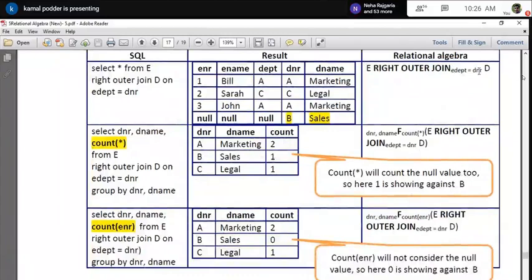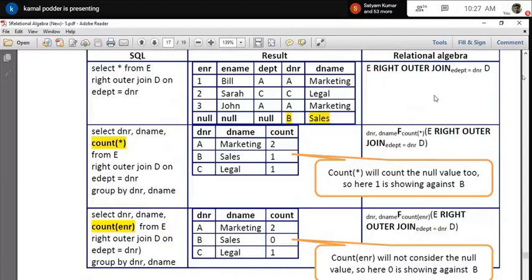This is the joining condition. What does right outer join mean? If you consider this operation, D is the right side and E is the left side. If you want all the records from D to participate in the join, then you should write right outer join. If you want all the records from the left side to join into the result set, irrespective of matching or not, then you have to say left outer join. That is the difference between left and right.